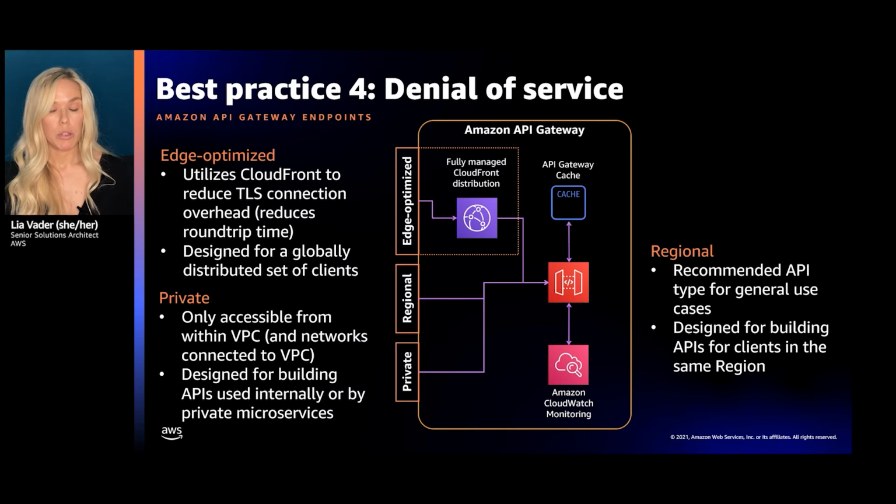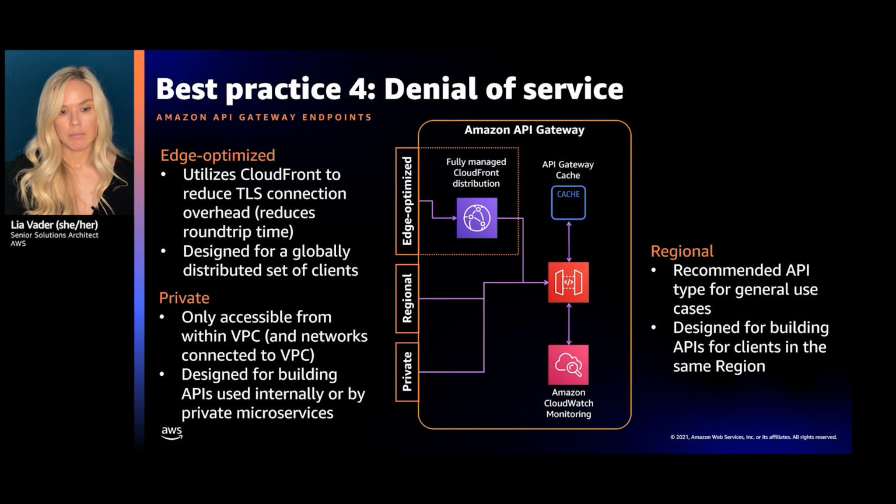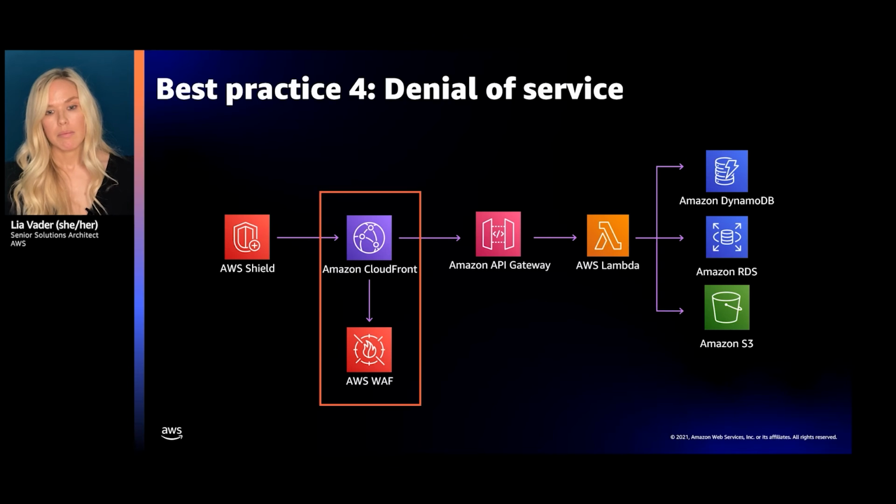And what we would recommend if you're going to put CloudFront in front of API Gateway is to actually use a regional endpoint. And we generally recommend this for all use cases for API Gateway if it's public facing. And then the last one is the private endpoint, which we'll get to a little bit later, but it's only accessible within the VPC. Now I should add, if you're using CloudFront, it also supports WAF, and therefore you should configure that there rather than in API Gateway.